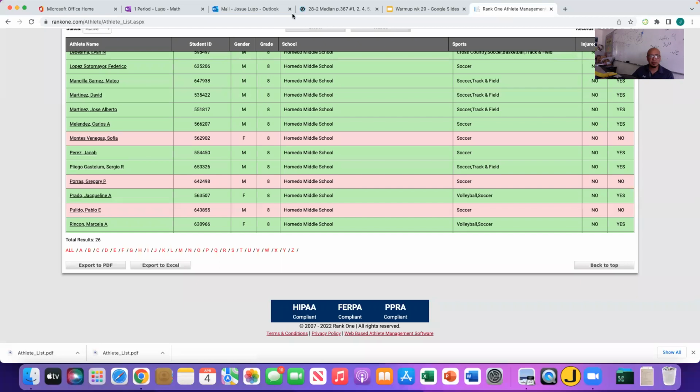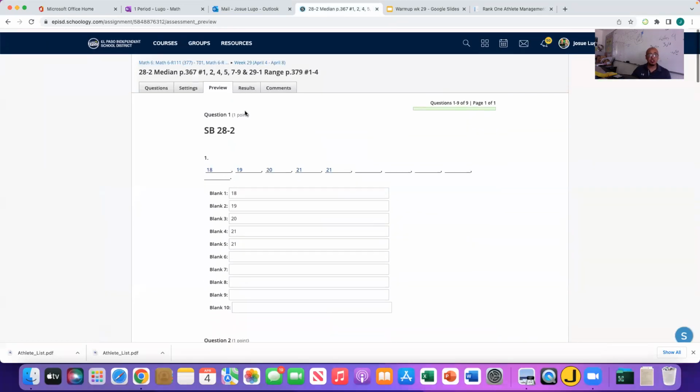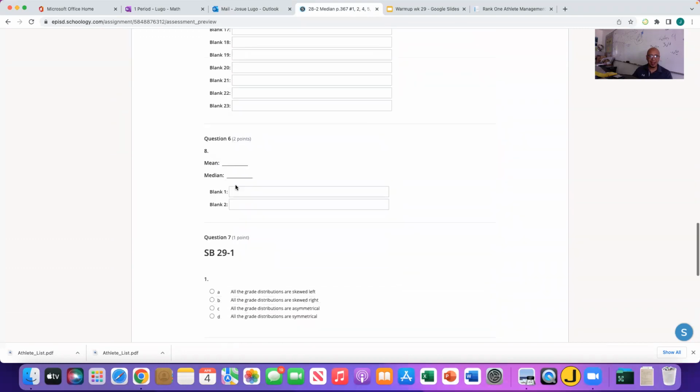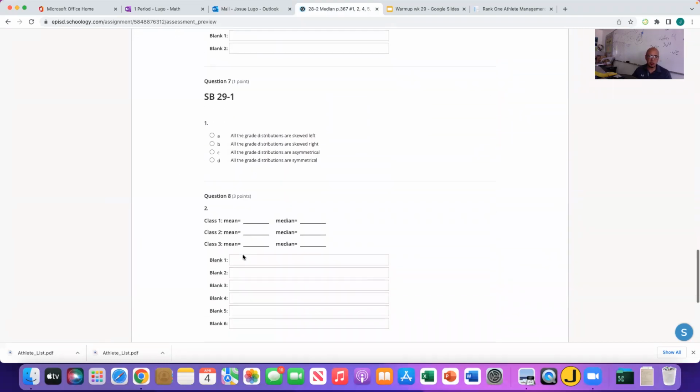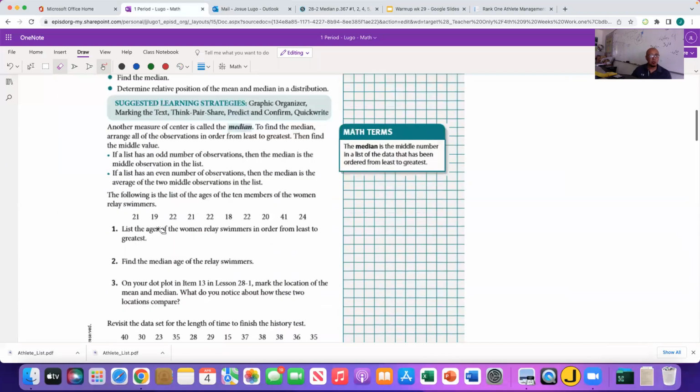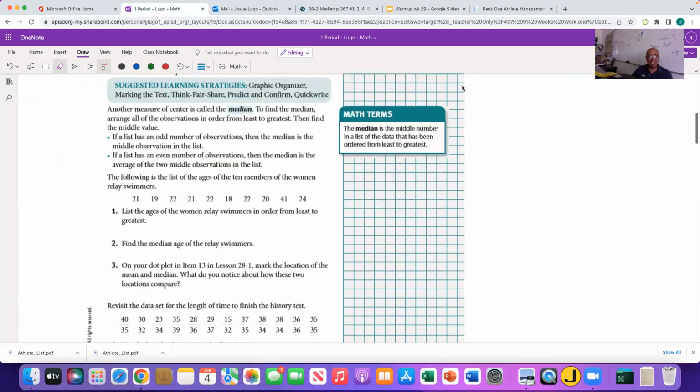There's only one assignment, but it has 2 different sections. There's 28-2, which goes from 1 through 8. And after 8, we go back to number 1 and 29-1. So on OneNote, beginning with 28-2, we go to number 1 and we're given a data set